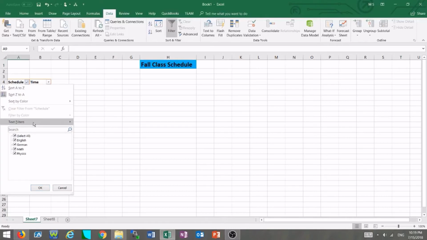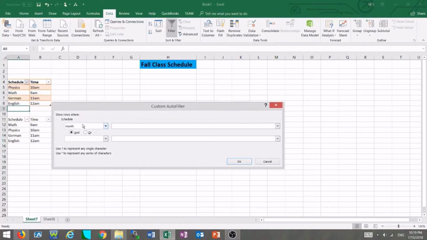So the next one is Text Filters. Excel gives you multiple options to choose from. Equals, does not equal, begins with, ends with, contains, and does not contain. By selecting one, a pop-up window appears, and in addition, you can switch the choosing options that you have created from the drop-down menu. And you can see it says show rows where Schedule equals. You can type in Physics,